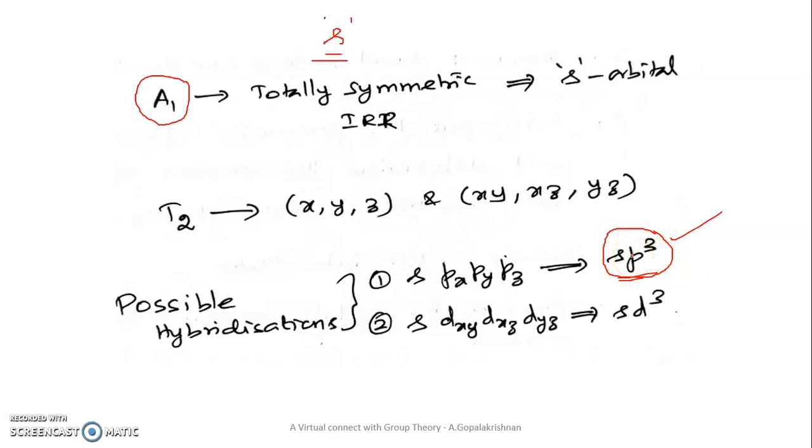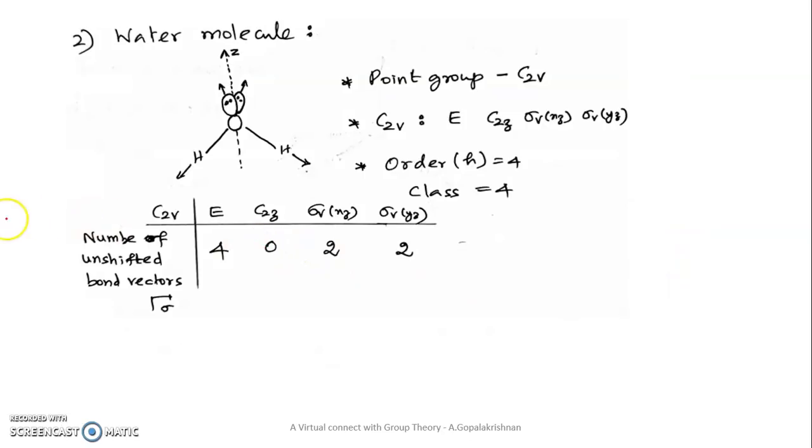Then now I'll take another molecule. Now we'll do the hybridization analysis in the water molecule. See, the water molecule has a bent shape and it has 2 lone pairs. I have shown this lone pair like this. This lone pair is actually facing towards us, and this lone pair is behind the screen. Just imagine like that. Now the z axis, that is the principal axis, passes in between these 2 lone pairs, and it passes through oxygen, and it is also passing in between these 2 hydrogen.